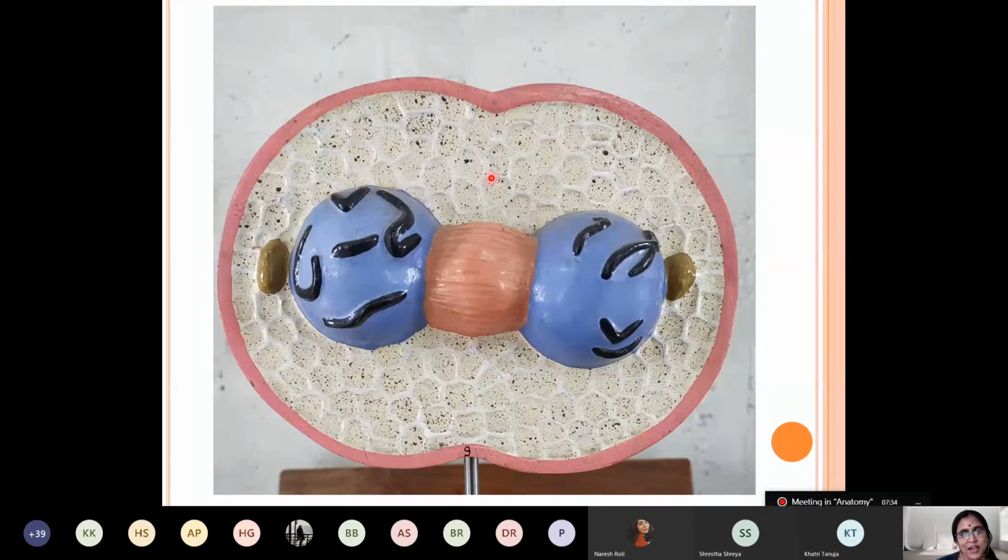And in the mitotic cell division, the diploid number of chromosomes is restored in the daughter cells from the parent. So this is which part of the mitotic cell division, my dear students? Telophase. Can everybody, is it clear? All of you can identify this model, yes? Please unmute your mic and answer this. All of you can identify, yes? Very easy. So this is the telophase, mitotic cell division.